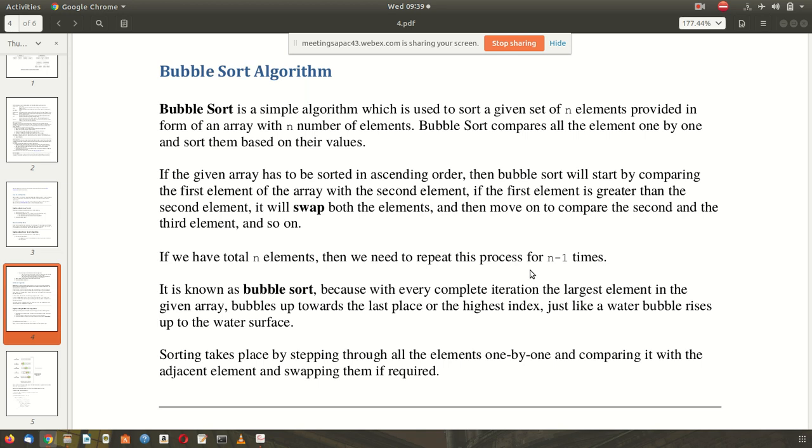So the question is 5, 2, 7, 1 and 8. What should the increasing order be? If some of you have done it, if you can tell with your mic, it is better. 1, 2, 5, 7, 8. Yes, 1, 2, 5, 7, 8. Thank you, very nice. So this is the answer.